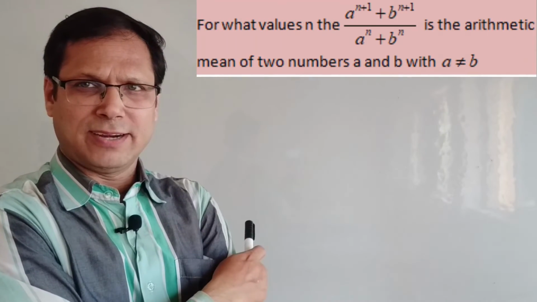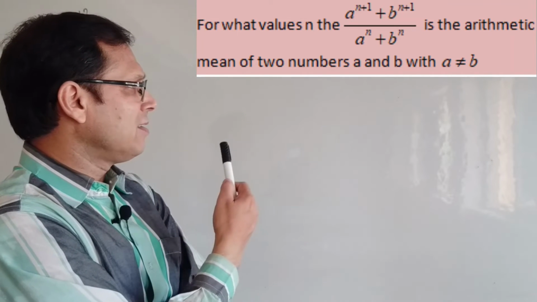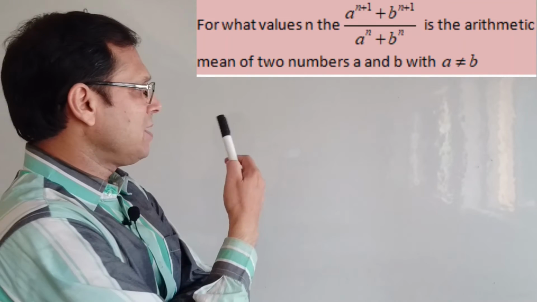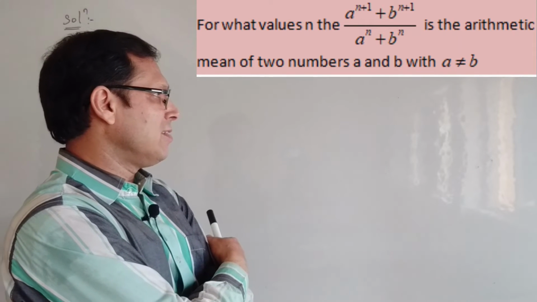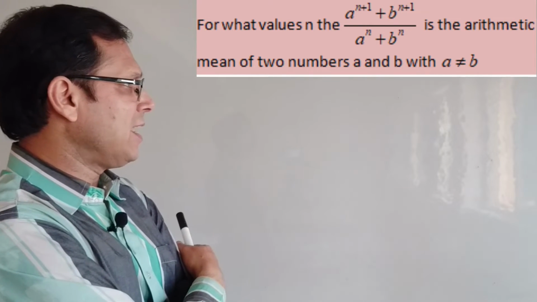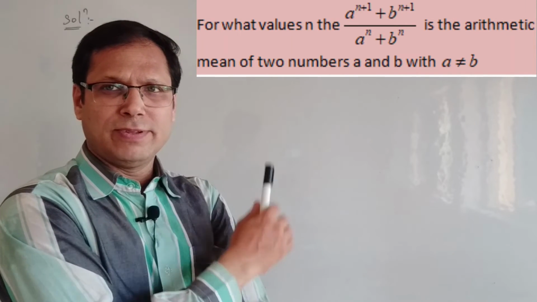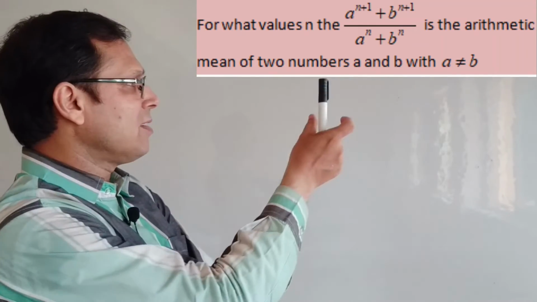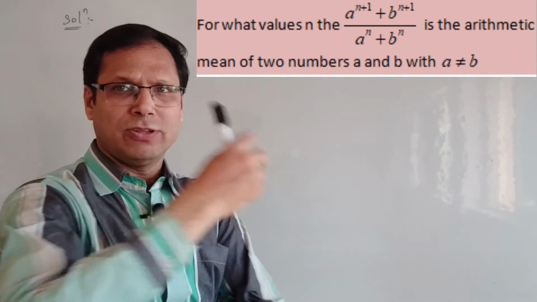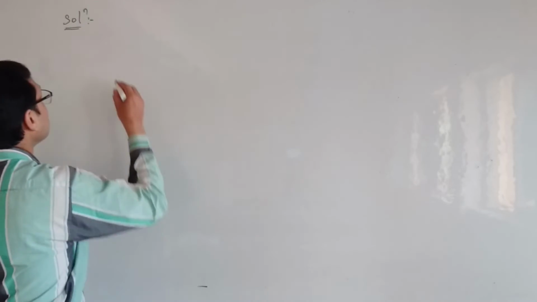Now take the second question. That is asking for what value of n, (a^(n+1) plus b^(n+1)) whole divided by (a^n plus b^n) is the arithmetic mean of the two numbers a and b, with a not equal to b. That means he is asking what is the value of n. For this one, the arithmetic mean of the two numbers a and b, so your supposition should be likewise. Let